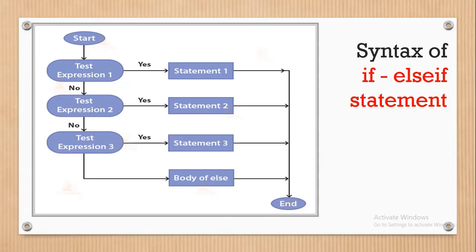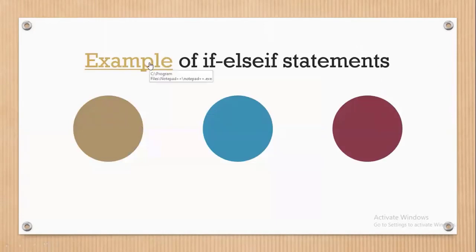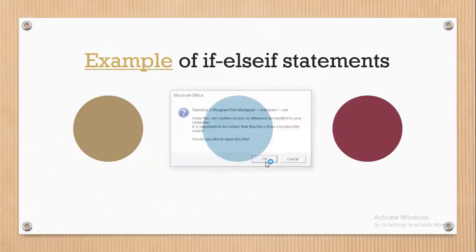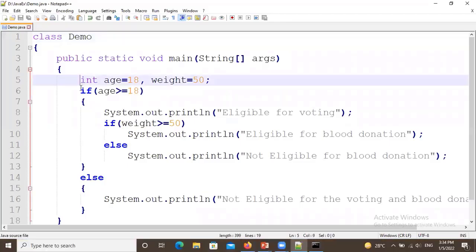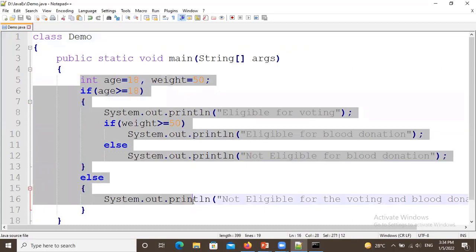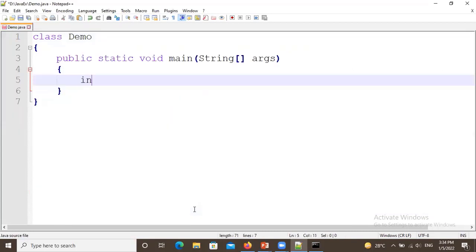So now let's have an example of the if else if statement. In this example, we are going to check whether the number is 0, positive or negative. Here the number variable is declared, and in it I have declared 5.